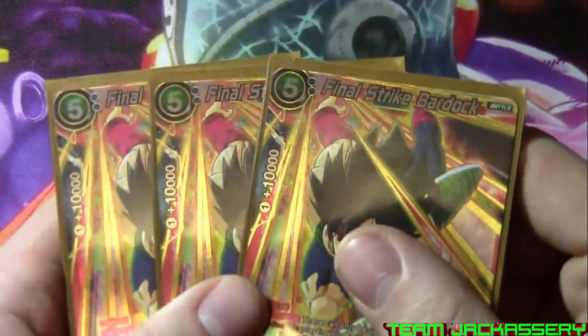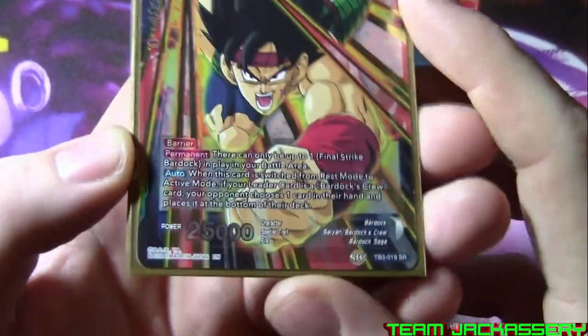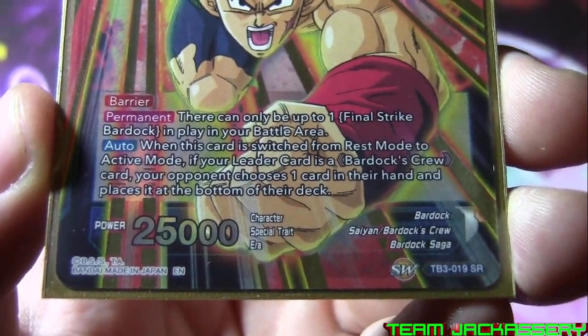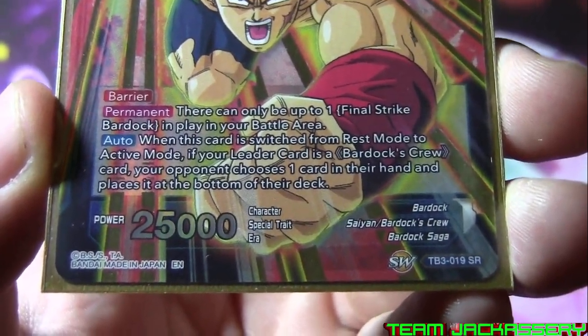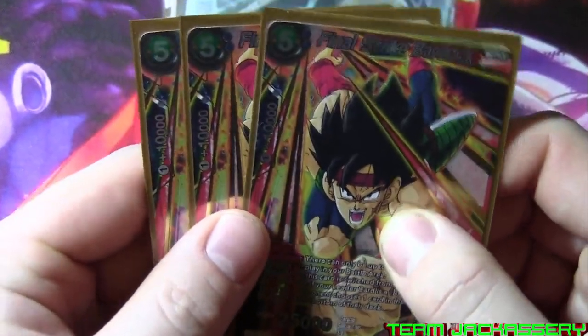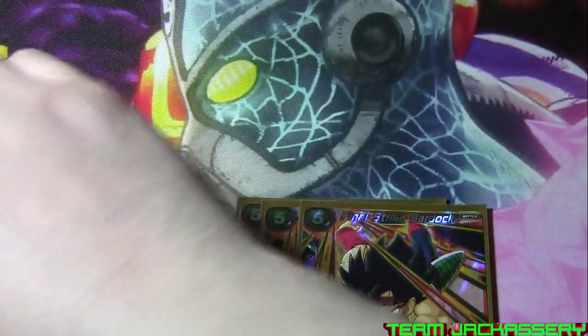Now we get to the 5-drop Final Strike Bardock. He is a 5-cost, 10,000 combo, plus 1 to play his combo, 25,000 power barrier. There can only be 1 on the battlefield. When this card is switched from rest mode to active mode, if your leader card is a Bardock's Crew, your opponent chooses 1 card in their hand and places it on the bottom of their deck. So once he switches from rest mode back to active mode, your opponent has to choose cards equal to how many times he has been switched to active mode. So you can use your Tora ability with this, or...